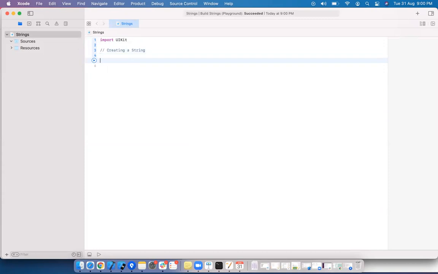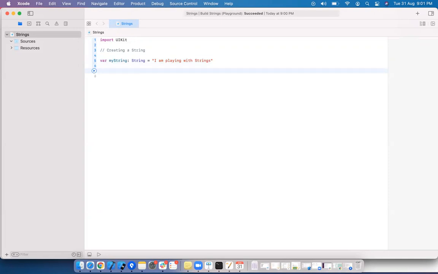How to create a string? It is a variable only. My string of data type String. I am playing with strings. This is my string.